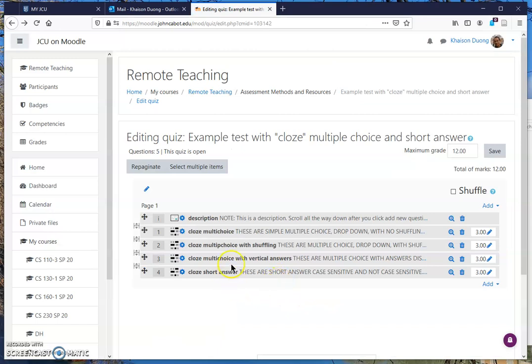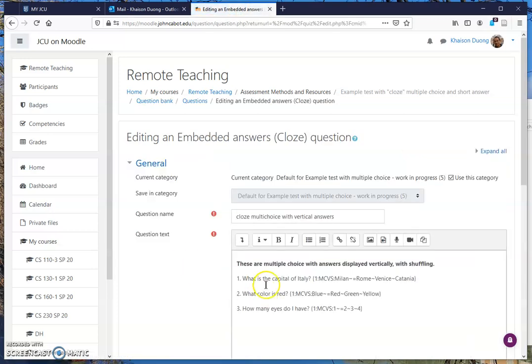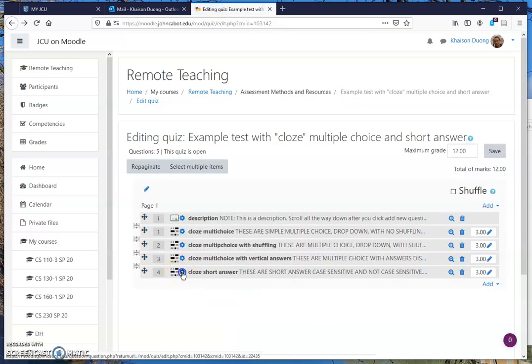Okay, let's go back. And this is the one with the vertical answers, the ones with all the answers appearing without the drop-down box. And yeah, MC, multiple choice, vertical. And you can see that I have S here for shuffle. So these things will be shuffled, so they'll all appear, and they will appear in a random order, answers. Okay, and then the last one here,